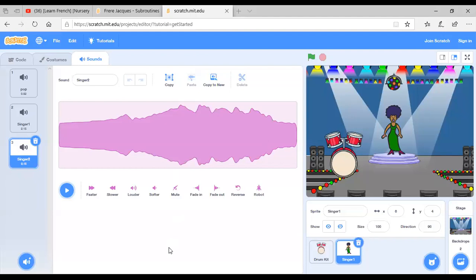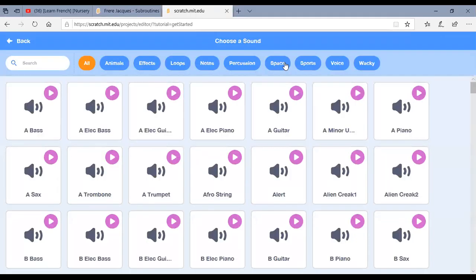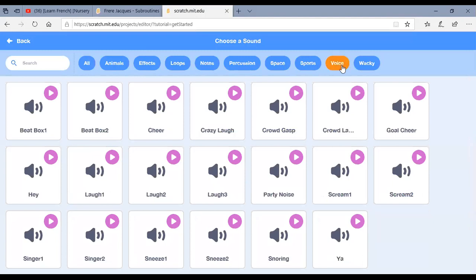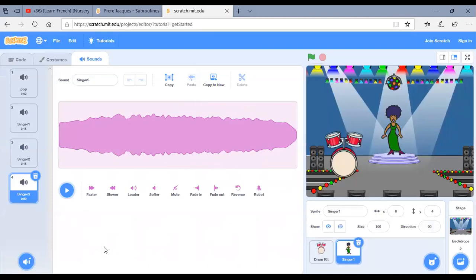That singer 2 noise. Okay, hold on. So basically what you have to do is you are in sounds, you go here and you go to voice. You click on voice, then you take singer 2. When you click singer 2, the sound will get added.